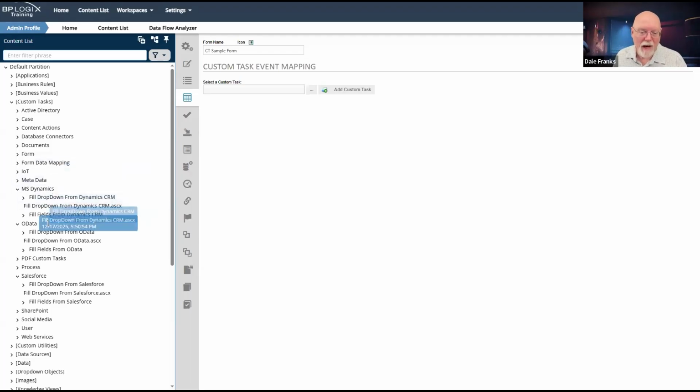And all three of these, Dynamics, the OData connector itself, and Salesforce, all use a database connection type called the OData connector. The OData connector that we have here is basically a generic OData connection. There are specific OData connections to Microsoft Dynamics and to Salesforce. All of those connectors have to be separately licensed, not by us. You have to go to the CData website and buy those connectors if you want to hook up to your MS Dynamics ERP system or your Salesforce CRM.